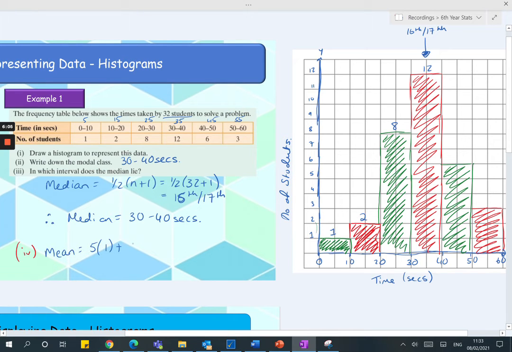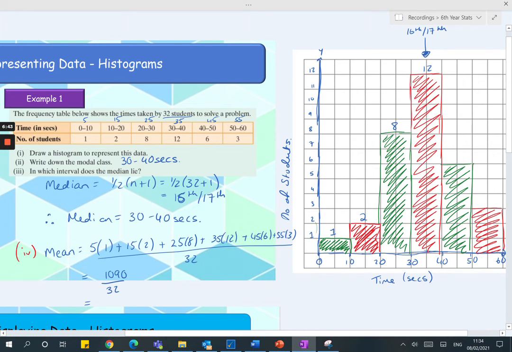And we're going to use those mid-interval values to help us find our mean. So 15 by 2 plus 25 times 8 plus 35 times 12 plus 45 times 6 plus 55 times 3, all over the total number of people, which was 32. So we're going to put that into our calculator now. We have 5 times 1 plus 15 times 2 plus 25 times 8 plus 35 times 12 plus 45 times 6 plus 55 times 3, which gives me 1090 divided by 32,